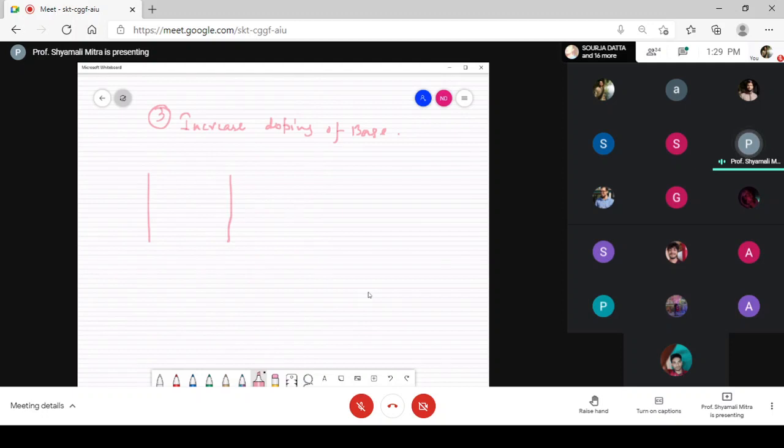আবার ছোট্ট করে ড্র করে ফেলি NPN। নাও আমি বললাম কি আমরা বেসে ডোপিং ইনক্রিজ করতে চাচ্ছি। We want to increase the doping of the base so that the maximum of the current, that is the maximum of the electrons, can reach over to that collector region. So if we want to shrink the depletion region on both the sides,